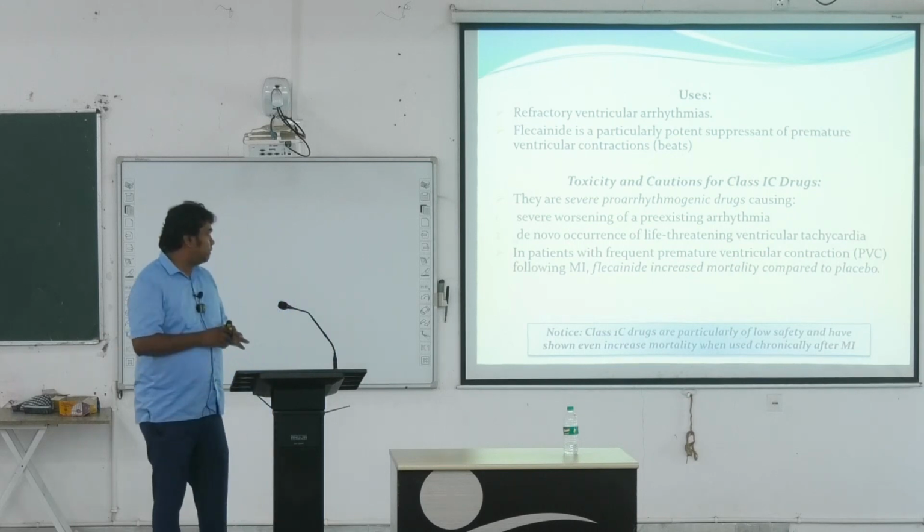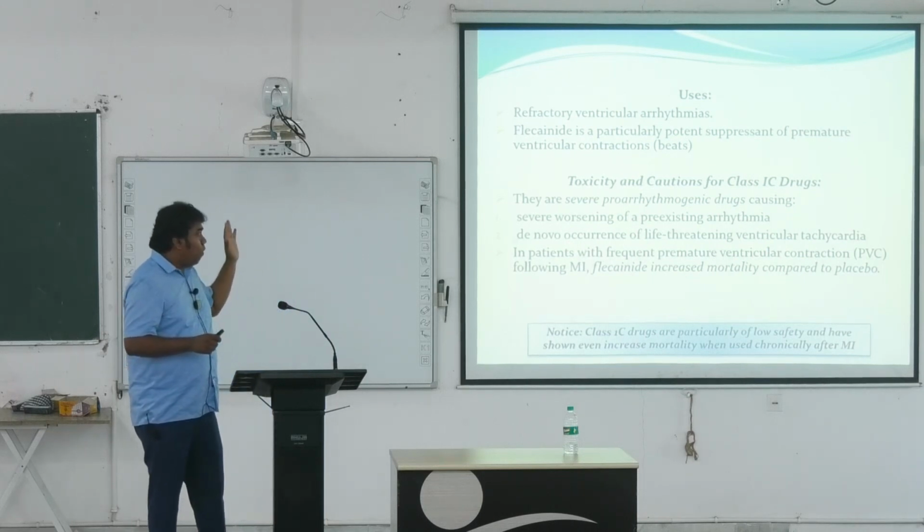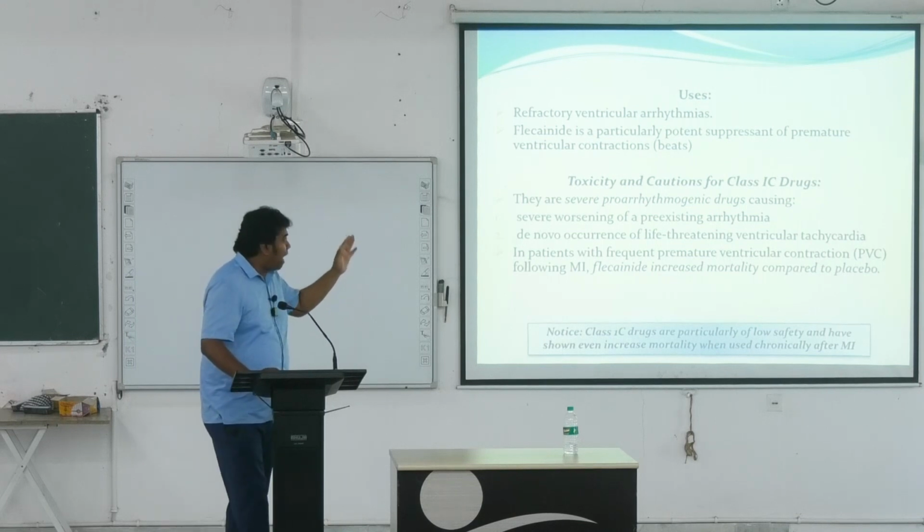Premature ventricular contraction. Toxicity: 1C is a very pro-arrhythmogenic drug. Severe worsening of